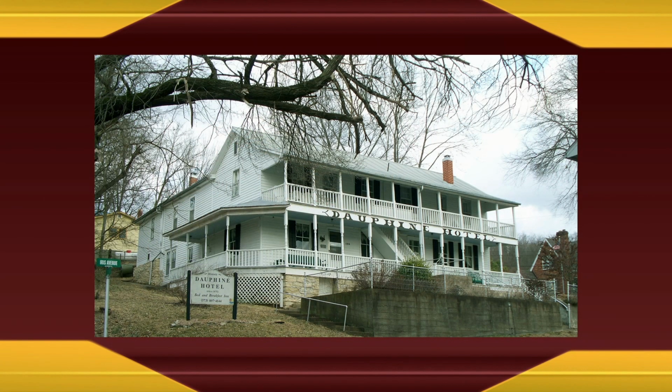And then finally, the last. This is a little bit off of Route 100 that the trip mostly follows. It's a little town called Bonnet's Mill. Bonnet's Mill is right at the confluence of the Osage and the Missouri rivers. Again, you can see this. The Dauphine Hotel is on a bluff, so you see the town is rolling hills. It's a beautiful landscape as well as a little townscape. The town was originally called Dauphine, so the Dauphine Hotel, which is now a bed and breakfast, bears the original